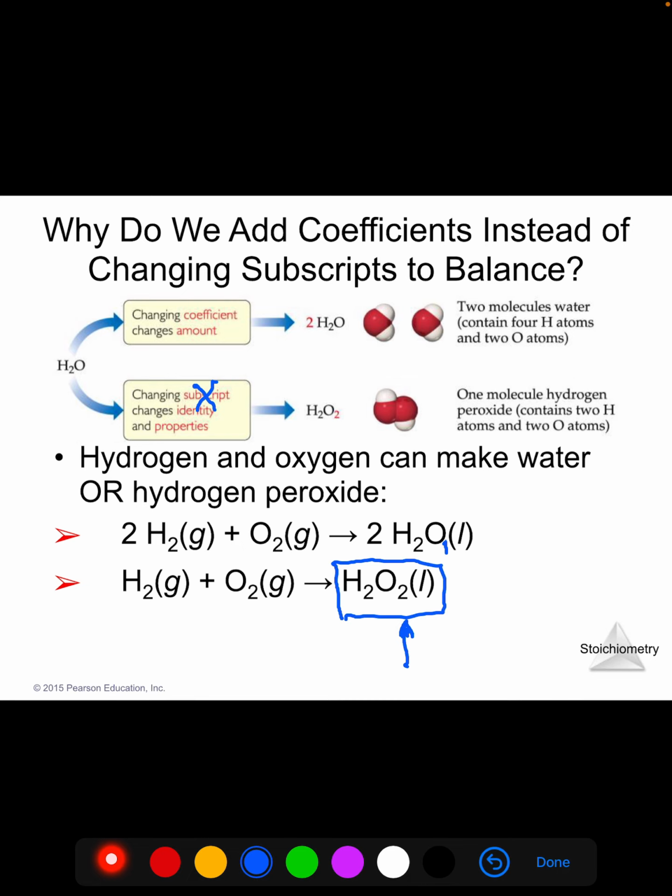in the lab. The stuff you buy in the store in the brown bottles at Walmart is just a few percent, and I can get 70% hydrogen peroxide. We deliver to the school, of course, which is extremely dangerous and very challenging to work with. But my point is these coefficients, when you are balancing equations, and we're going to practice